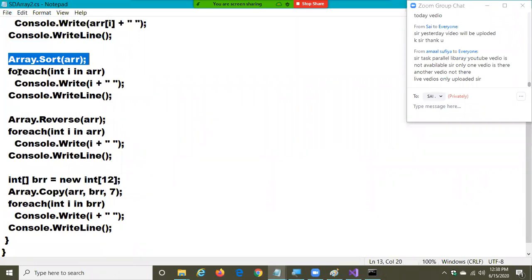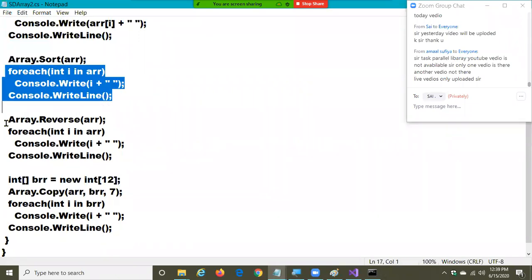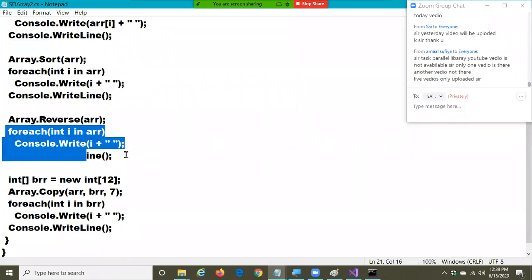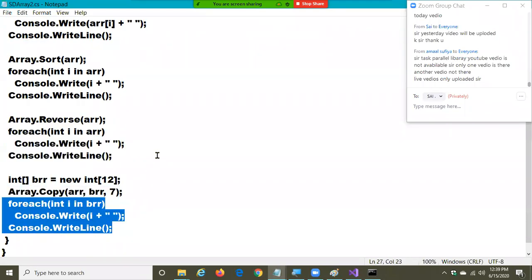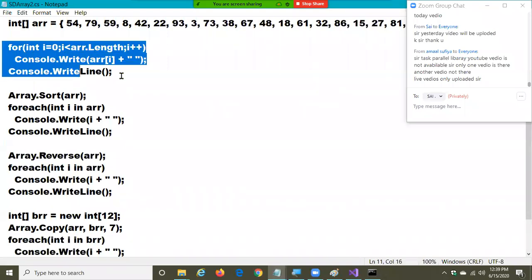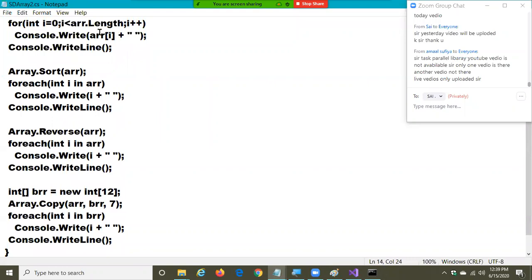I called a sort method, printing the values of the array. Reverse method, printing the values of the array. Copy method, printing the values of the array. And first, I'm printing all the values of the array. Now look at this code. How many times did I write the logic for printing the values of the array? Watch and tell me.